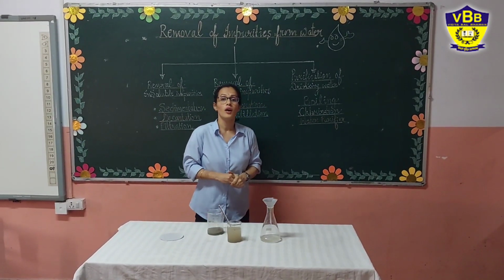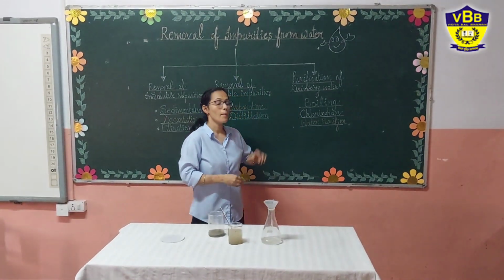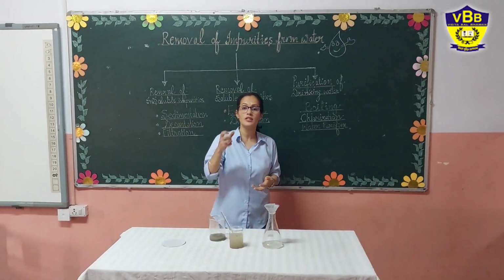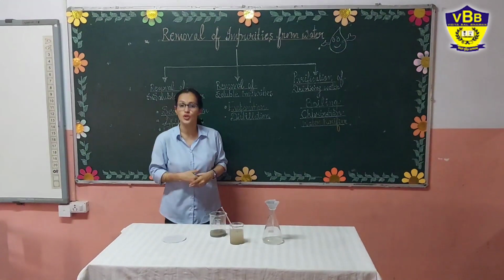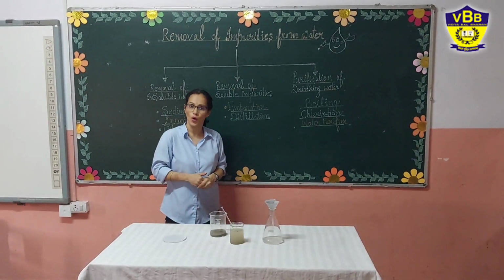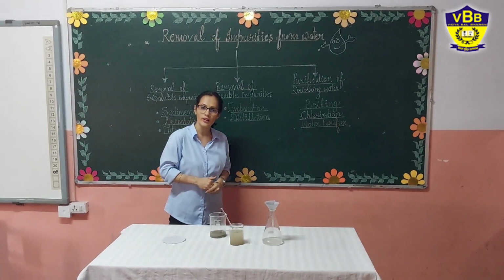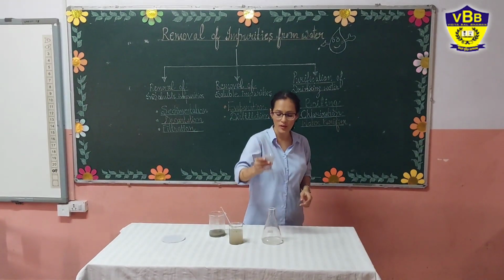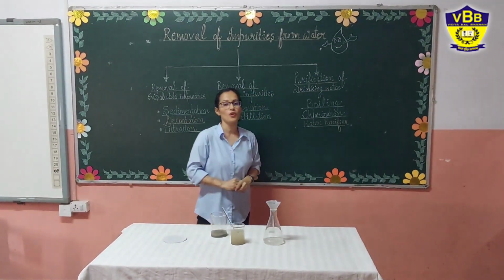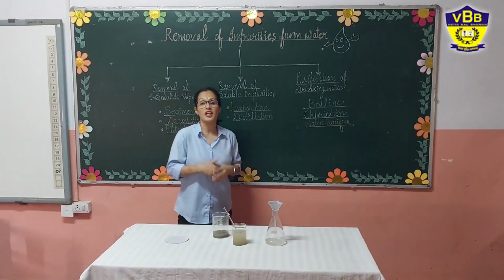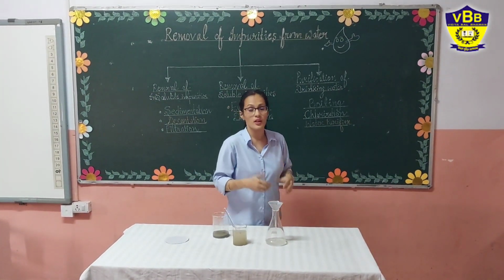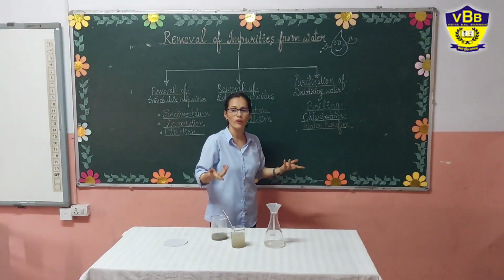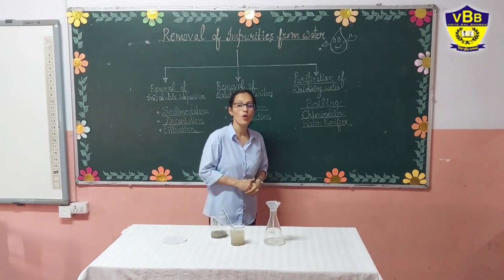As you know, we can clean the water by boiling or by chlorination. So what is chlorination? You all know very well. There are chlorine tablets which are added to the water tanks to kill the germs. So adding chlorine to the water to kill the germs is known as chlorination. And the next, water purifier. As filter paper is doing some work here, in a similar way the water purifier also contains very minute filters which are cleaning the water, which we use in our homes on a regular basis, like ROs, which are your water purifiers.